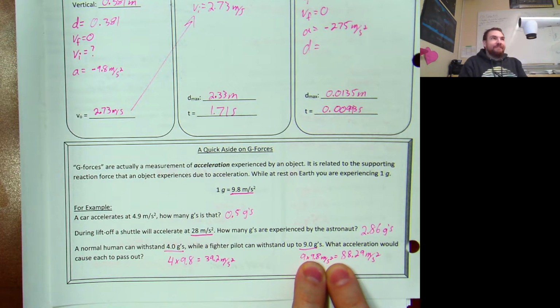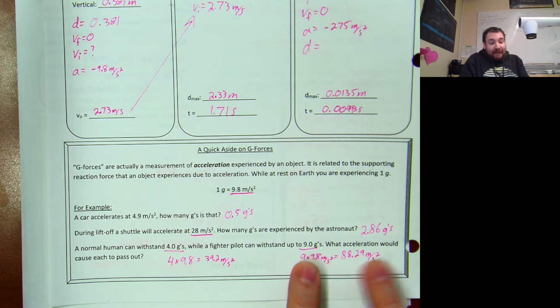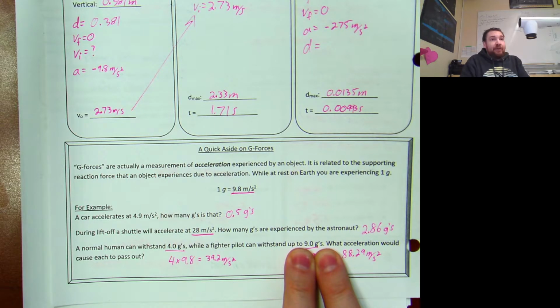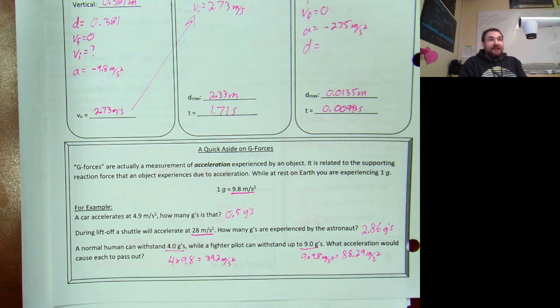When I give you this number, 9 G's is going to cause you to pass out. But Manuel, who's playing rugby, regularly experiences 21 G forces, and he doesn't pass out while playing. Well, what's going on there? It's not your whole body. It's not sustained. I think it's the time that you stay at that speed. The pilot won't stop when he reaches his speed, so he needs to stay at that speed for a long time. That's why it's different, because in rugby, I think it's just for an instant moment. It's very short. Yeah.